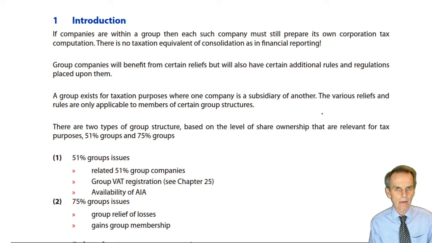But what is it about the fact that that company doesn't exist, as we've just said, in isolation, but is a part of a group? What opportunities, what problems does that bring to you? What rules do we have to apply? And what claims and elections might we choose to make? And if we have a claim or election available to a taxpayer, whether an individual or whether, as here, corporate, we're only going to make that claim if it improves in some way, shape or form the tax position of that taxpayer. Presumably, therefore, either reducing permanently the profits of the company so as to reduce its tax liability, or